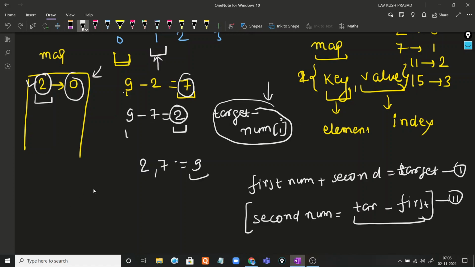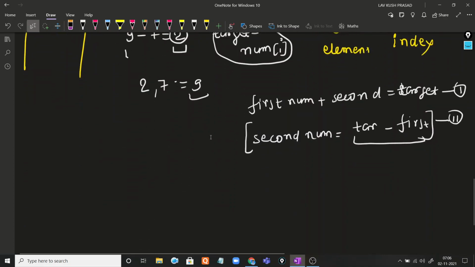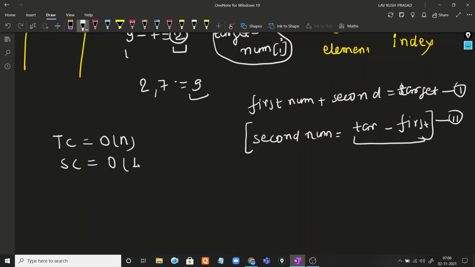And if you talk about the time complexity, it is linear. Why is it linear? Because we only traverse the given array in one traversal, one time. So time complexity is big O of n, and space complexity is big O of 1, because if you take a pair, we treat it as a constant.